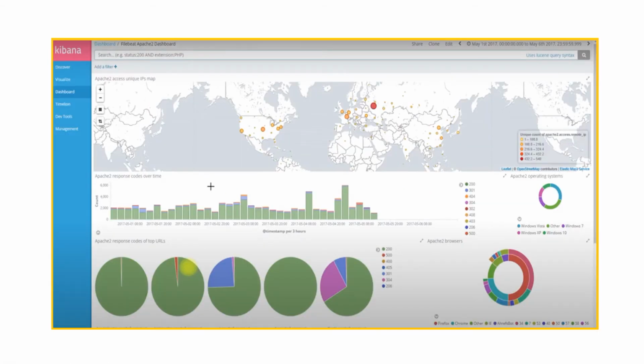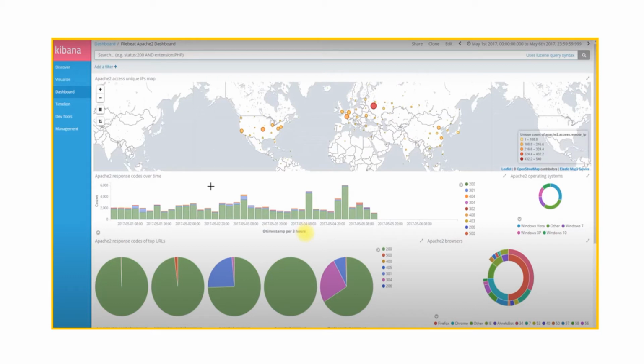Now we will see different sample dashboards of Kibana. So this is the Kibana dashboard for Apache server. The data that is being given to Elasticsearch is the Apache server logs.